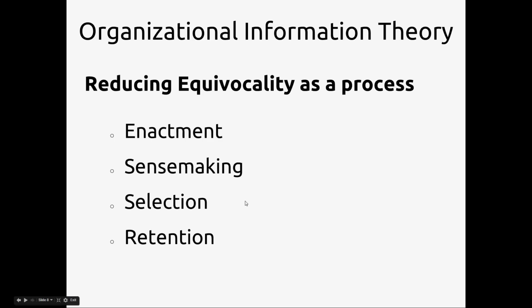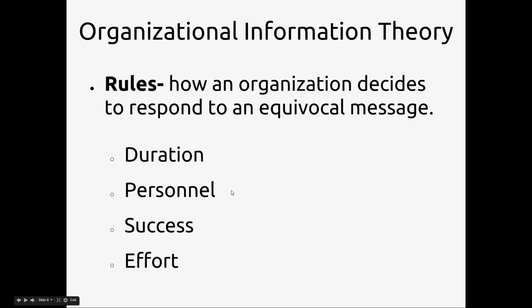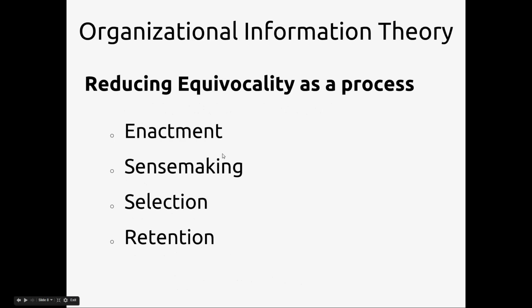So the third step is what we just talked about, selection. That's where an organization picks what rules and what cycles will be used in the equivocality reduction process. So the whole process of selection is this step: rules, then cycles. That's the selection step. Finally, after the problem's been dealt with, you have the retention step. So in other words, the organization will remember what rules and cycles worked versus those that were less effective, and use this information to deal with future equivocal messages.